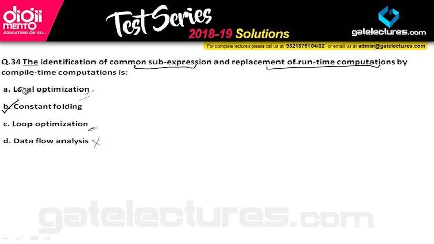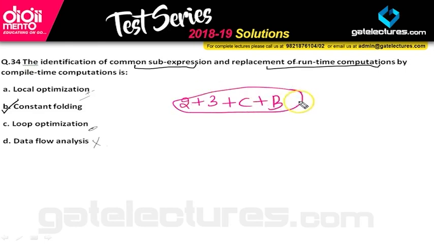Okay, so what is constant folding? It is replacing an expression that can be computed at compile time by its value. Let's see one example. Let's say I have an expression which earlier I calculated as C plus B. I was making my program and used this kind of syntax, but we all know that this can be optimized as 5 plus C plus B. Here, I am giving this calculation to my CPU at runtime, which will increase the time, which is not good.